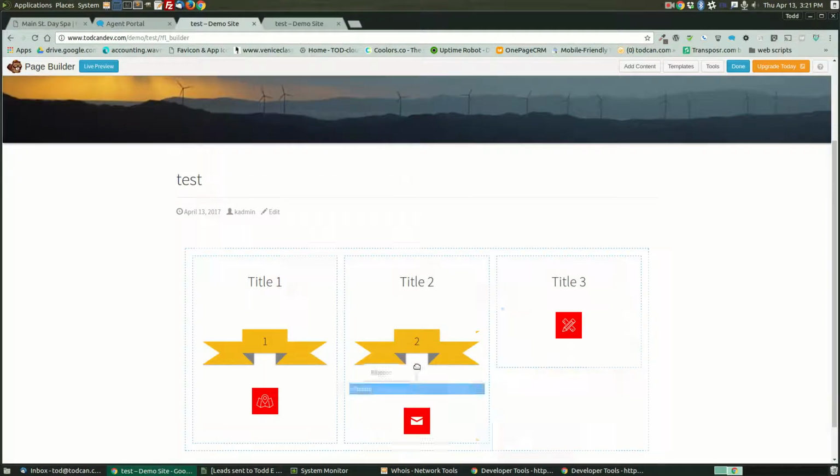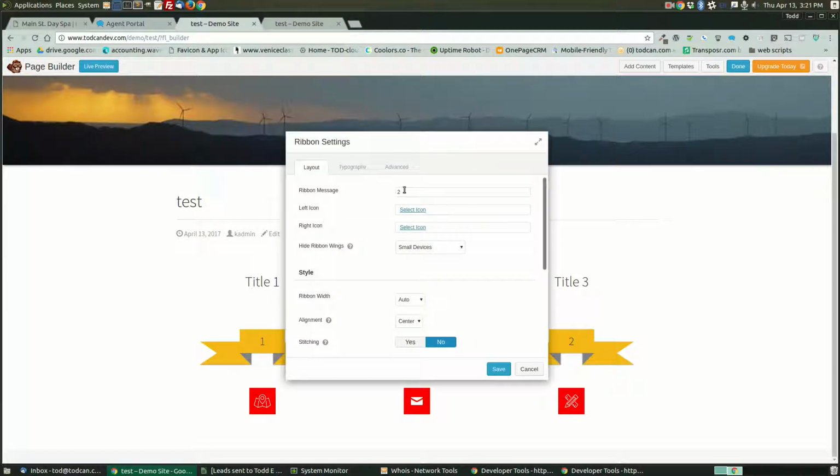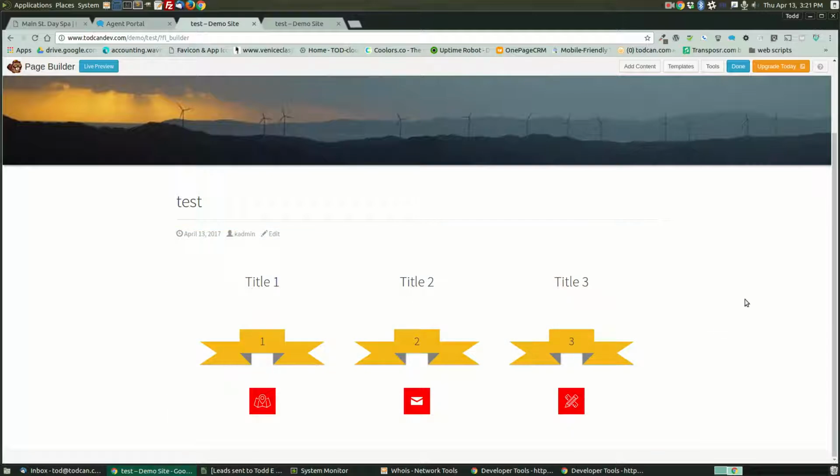And we'll clone that one. And we'll drag this one over here. I could have done this with the icons too. I could have cloned and rewritten if I wanted to. But okay, so there we have it. And when I'm done, I'm going to click Done,